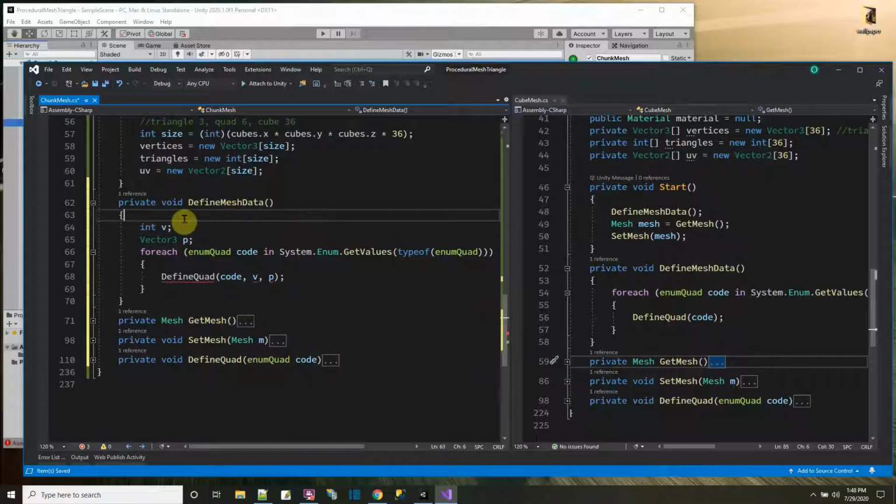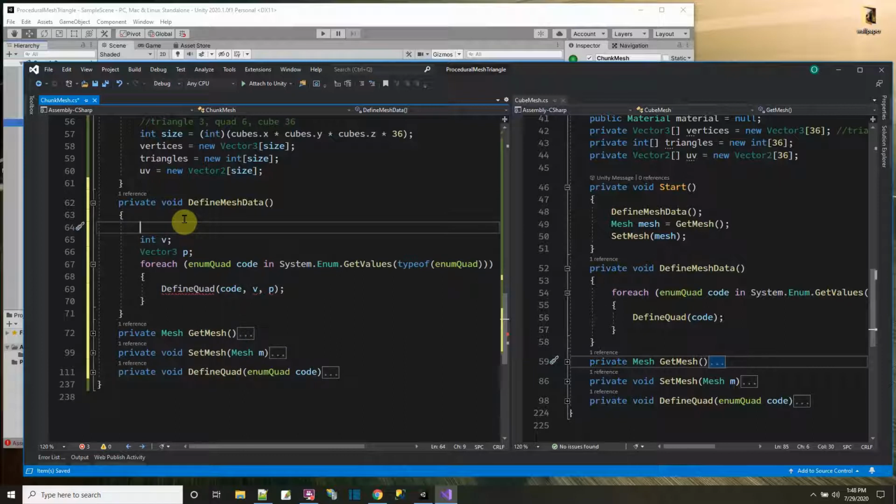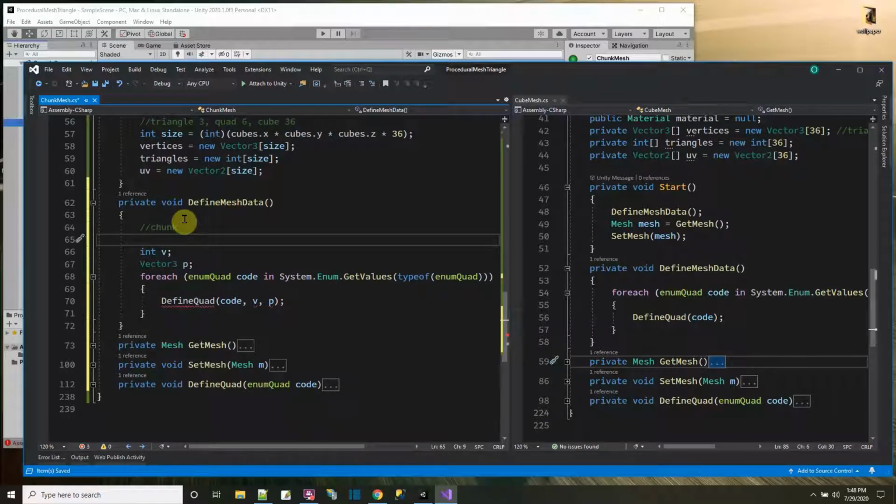And we're going to have to be looping through the z, y, and x axes. So I guess we could have 3 for loops. All right, so to make our chunk, we're going to have 3 for loops. In the outermost, we'll just do the z. Z equals 0, as long as z is less than cubes dot z, z plus plus,